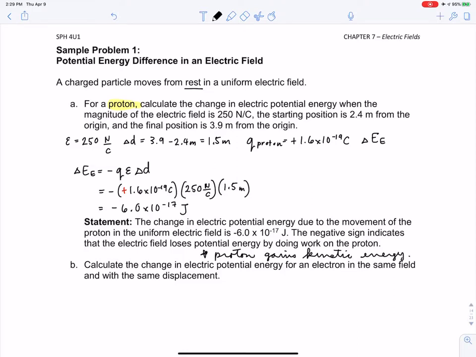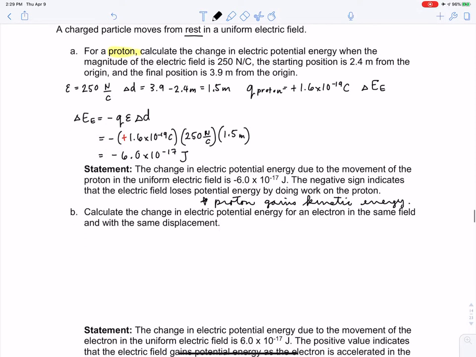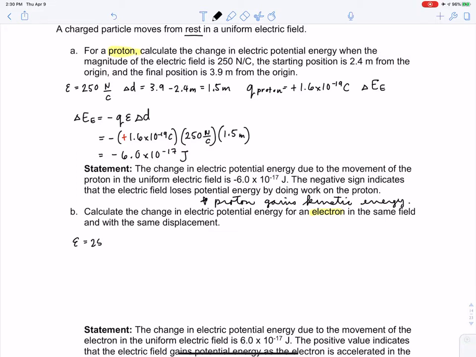Let's do the same question. This time, we're going to find the change in electric potential energy for an electron in the same field with the same displacement. So what remains the same? We have the same magnitude for the electric field. The displacement is still the same,